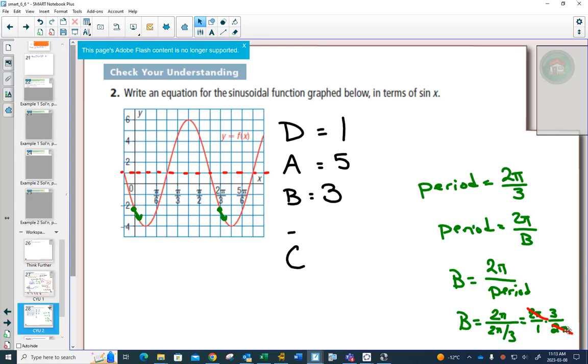It won't always work out that you can tell where this point and this point are to easily figure out your period. Sometimes you have to use another technique. Another technique for figuring out the period, often students like to use, in this case, I probably look at my minimum to my minimum. That definitely is one period. If I want to figure out how far this is,